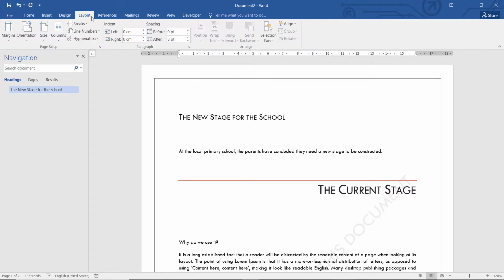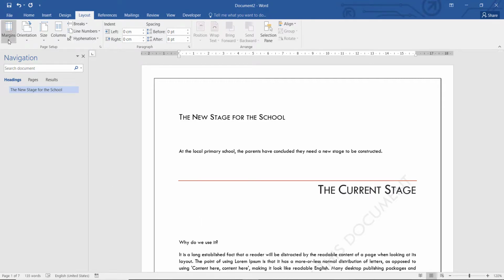We have our layout section, which has the following. It's got our margins, it's got our orientation, our size, our columns, breaks, line numbers, hyphenation, spacing, and indent. So with this particular portion, it might not be very key for most users because it's in reference to how we use our document. And the content that we've got here is mainly for how we are then going to give an output to